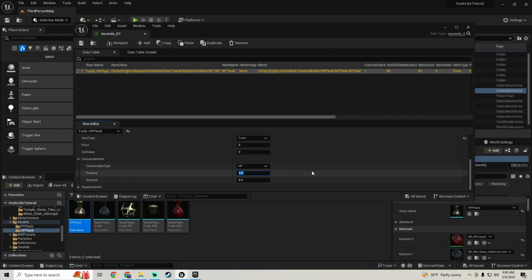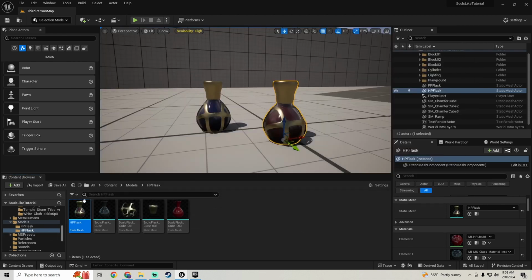Potency, we'll set this to be like 200. Duration we'll set to 0. That's all we need to do for that one. So in our